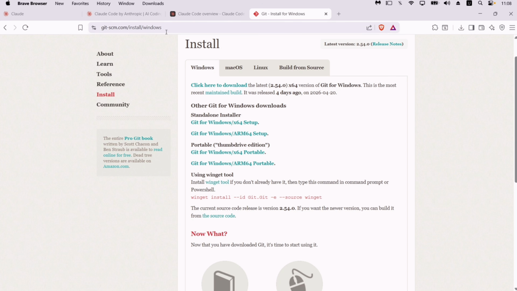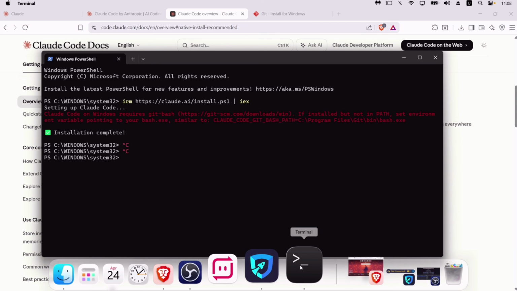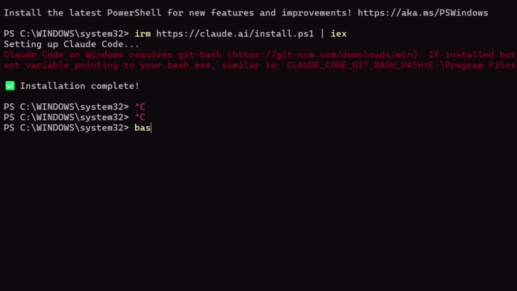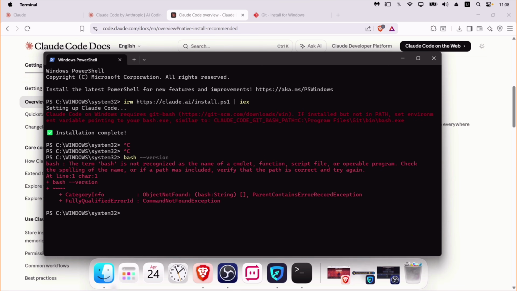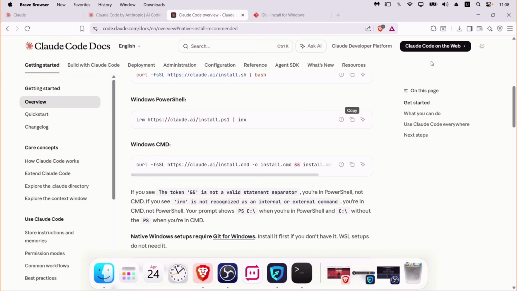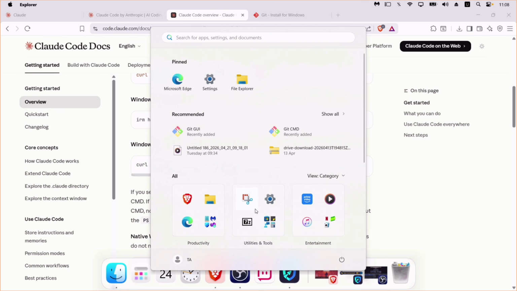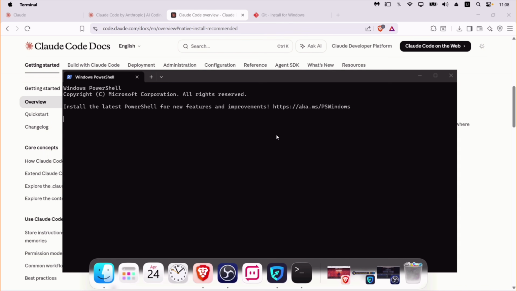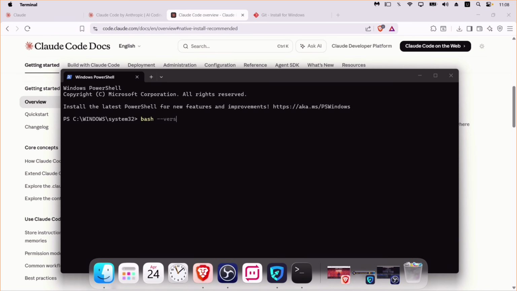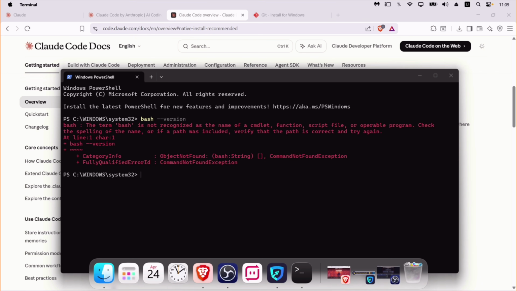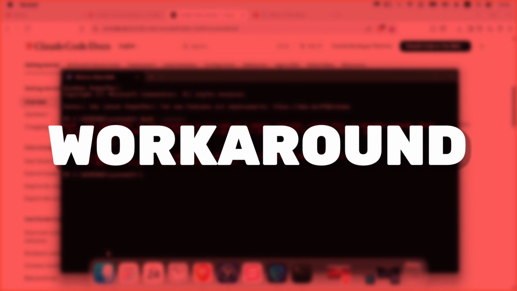So once the installation process is over for Git, just go back to the PowerShell and run this command to verify Git install. I will leave all the commands I used in the description. But as you can see, it says that bash is not recognized. But just to double check, close the PowerShell app and relaunch a fresh new PowerShell, as you can see here. And again, type this command, and if you see this issue appear again, then the workaround to this error is